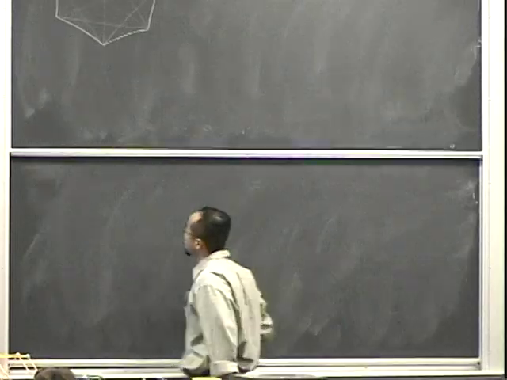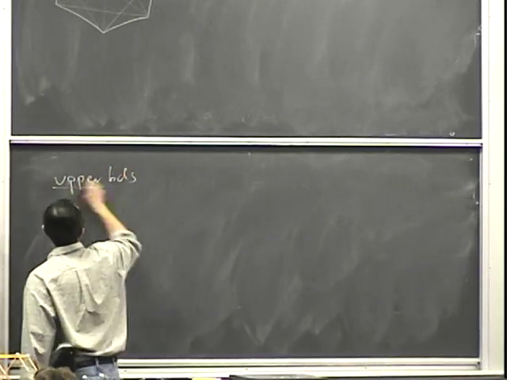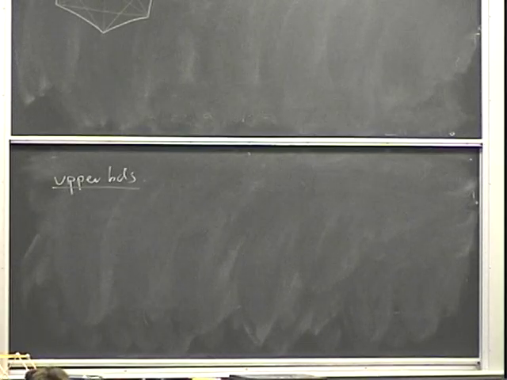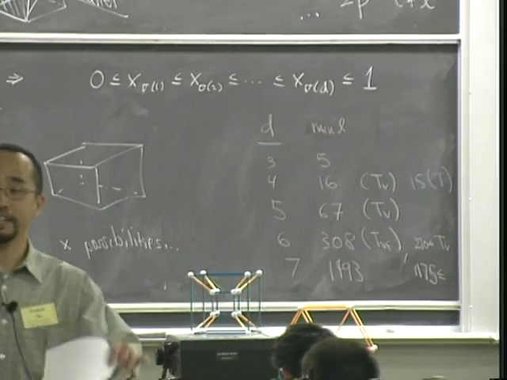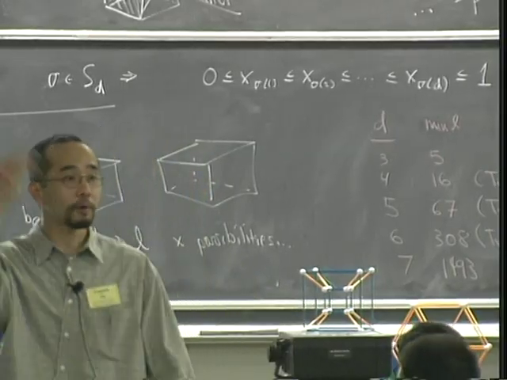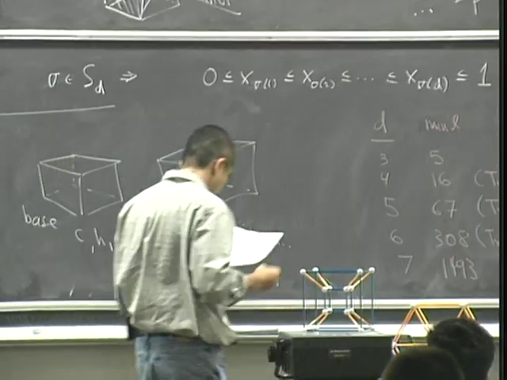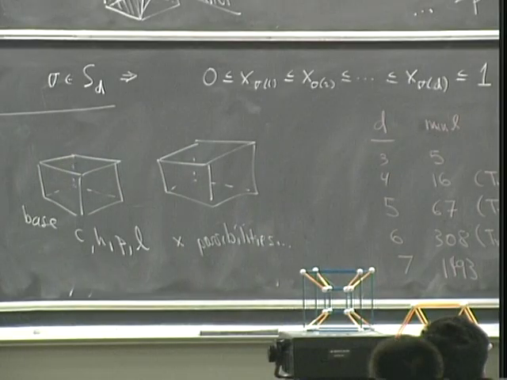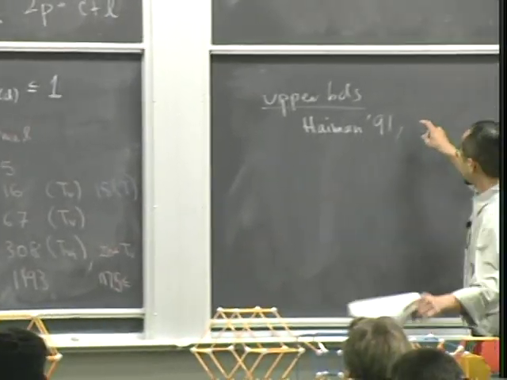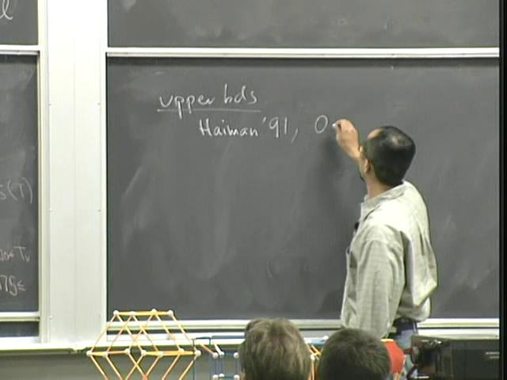So for upper bounds, how do you get upper bounds for the minimal size of a triangulation? What do you do? Well, you could construct a good triangulation, right? Try to construct one that's small. That's certainly an upper bound for the minimal size, right? In this connection, there was work of Heyman in '91, and actually a recent paper by Francisco Santos and David Orden, who are here,